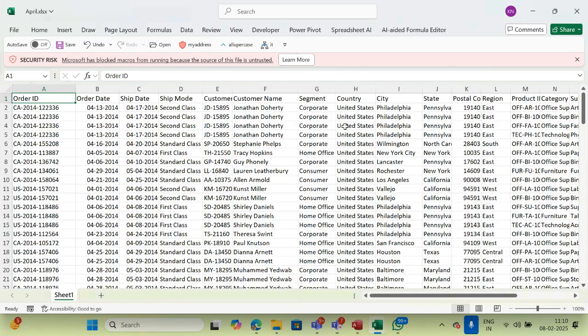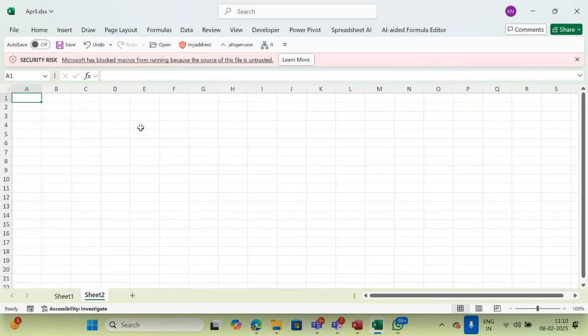April.xlsx. Okay. Now what I'm doing here, I'm going to create one master data of the segment, country and city. So how can I create the master data? From here, just insert a new sheet. Okay. And then segments. You want the segments to be unique. So here is an option of